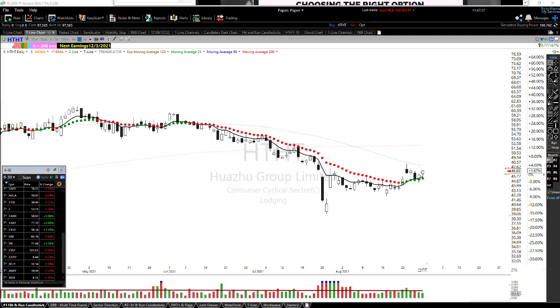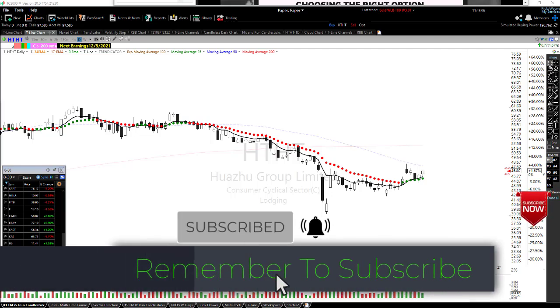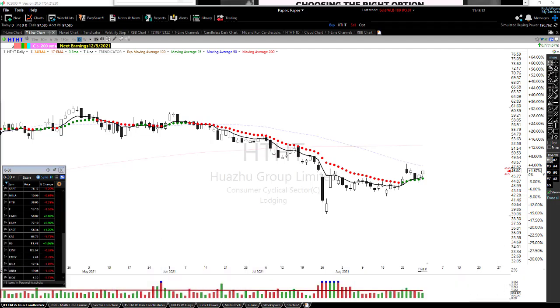All right, so the first thing I want to do this morning, for you scanner users, for those that have this scanner here, I've got something super cool to show you. Now, if you were in the Hit Run Candlesticks room this morning, I showed you then, but I want to show everybody here because you might not have been in the room. And this is, to me, one of the coolest things I can think of. That's kind of new. Let me bring this up.